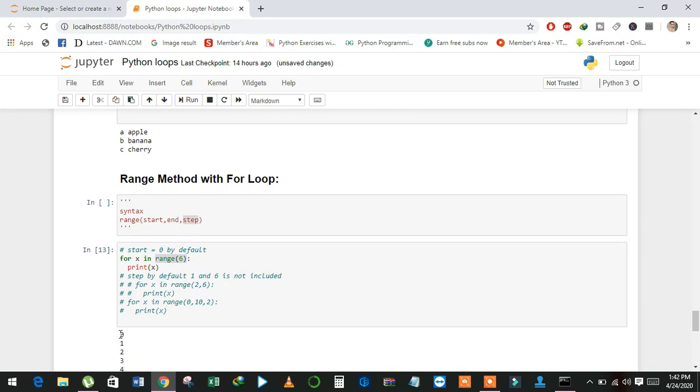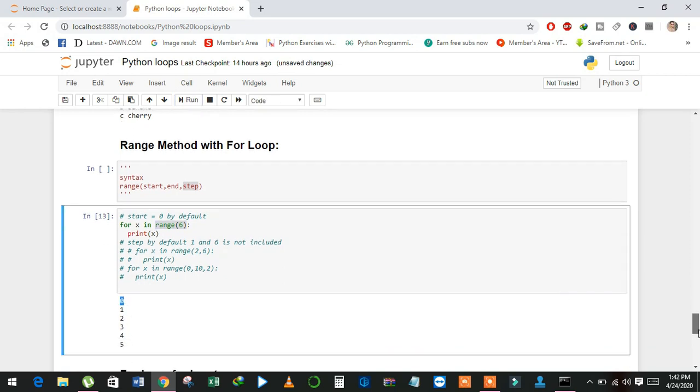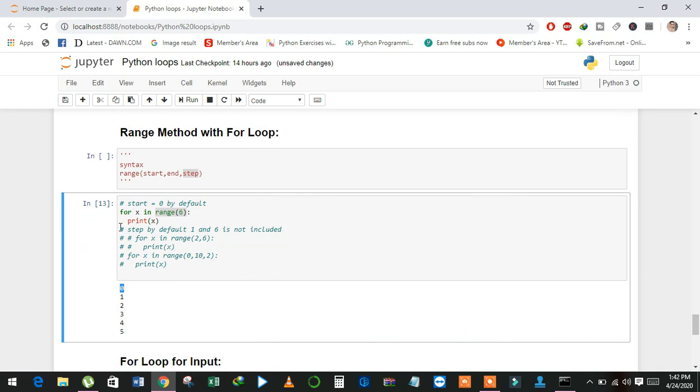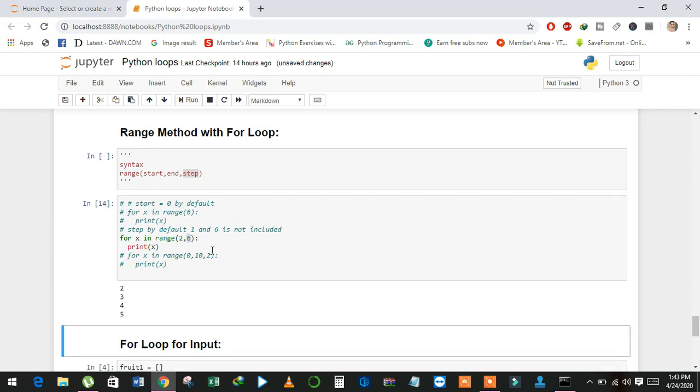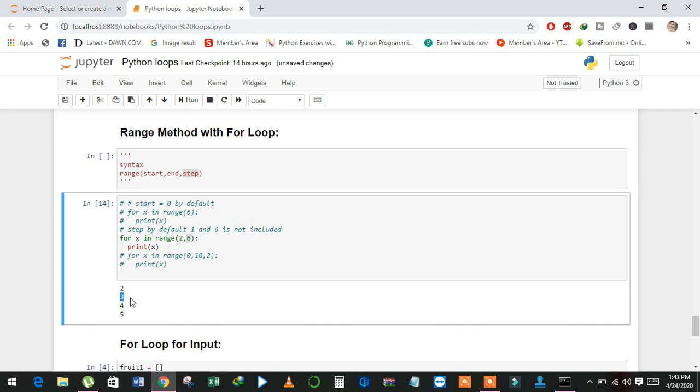See here, 0 to 5. And in the second example, I have defined the starting and ending value, and for the third value it automatically uses 1. And see here, 2, 3, 4 and 5, and it will exclude 6.